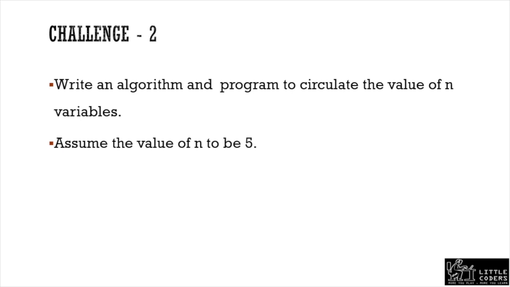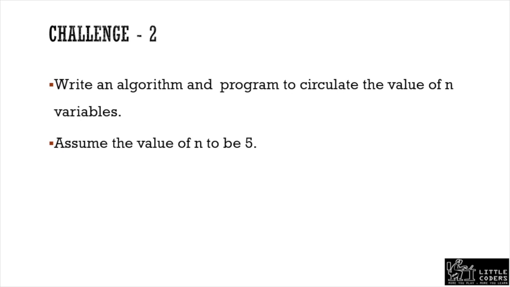Here, let us assume, now we have interchanged two variables alone. Let us assume there are 5 variables, or in general n variables. Here, let us assume for a particular case 5 variables, or 5 values. Now you have to write a program so that it is circulated. That is, as it is shifted now.